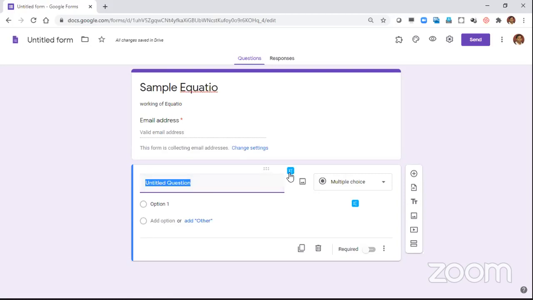Now here you can see, in the question, in the answer, in options, you can see insert math. That is the Equatio. Now that you have activated the Chrome extension of Equatio in all your forms, by default this would pop up. If you want to use it, you can use it. If you do not want to use it, do not use it. But right now, our main intention is to learn how do we put math into the equation.